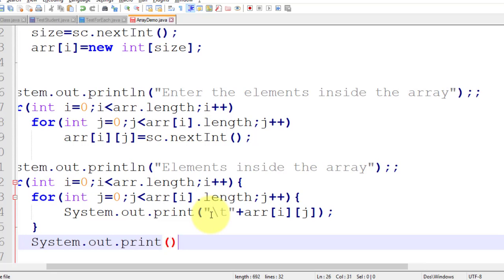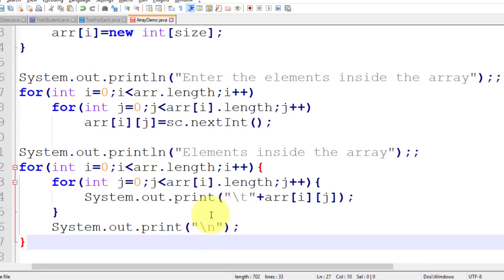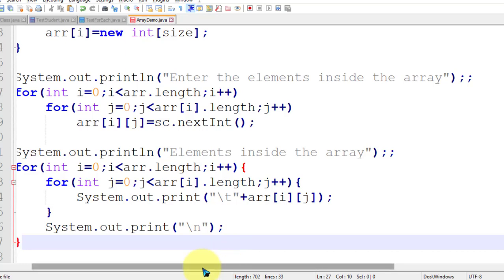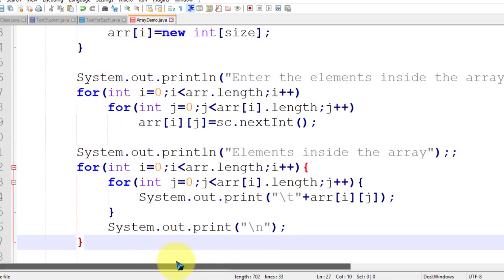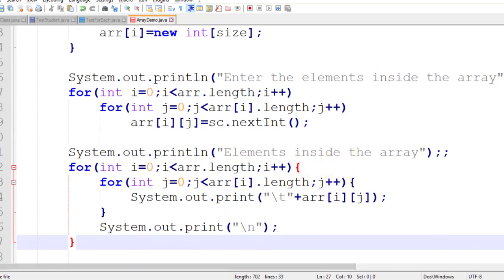Test it. Now look at the code. I will explain this.